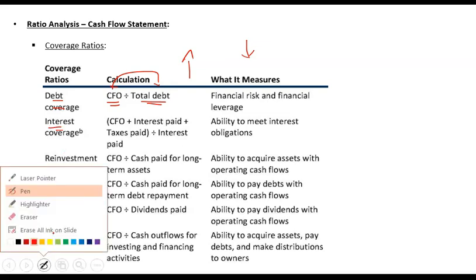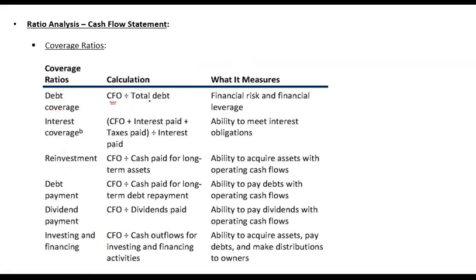Another key thing to look at is, let's say that you have a total debt with a maturity of 10 years. Your OCF should at least be 1/10 of total debt. If your OCF is even less than 10% of total debt, that means even in 10 years you will not be able to pay off this debt. So that will be a problem. You need to match the total debt level, or when the obligation is coming due, with the annual cash flow, because this is the primary cash flow that you will need to pay off this debt in the future. So that's how you apply a sense check on the numbers as well.